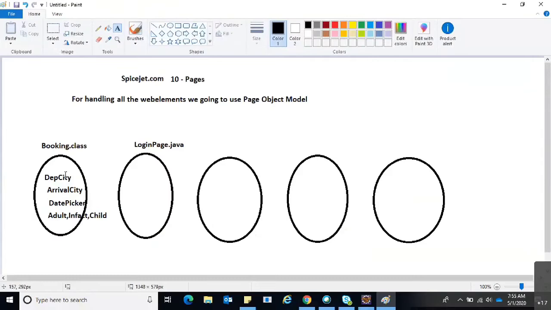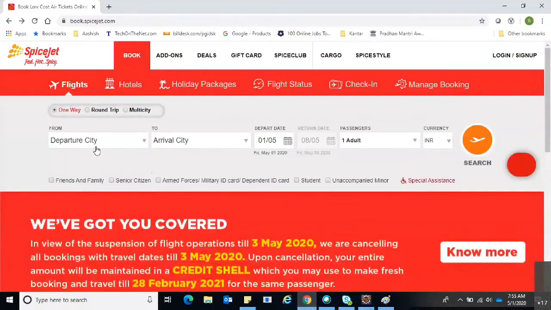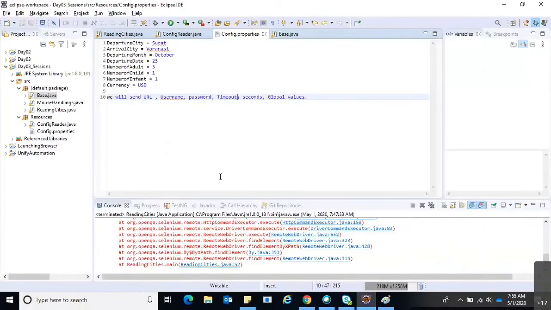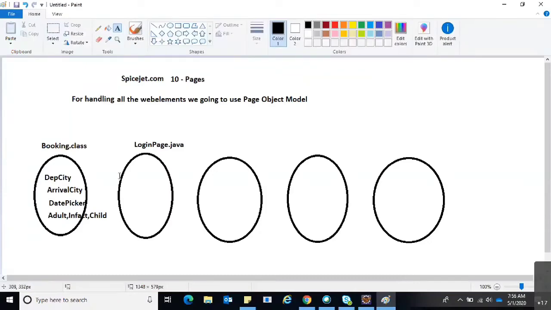Here we are not going to send the values of these things. Here we are saving all the XPath details or ID details. So we are just saving the web element details. To track a particular web element, we need the XPath or ID locator details, right? So we're going to handle all the locator details in this page object model.